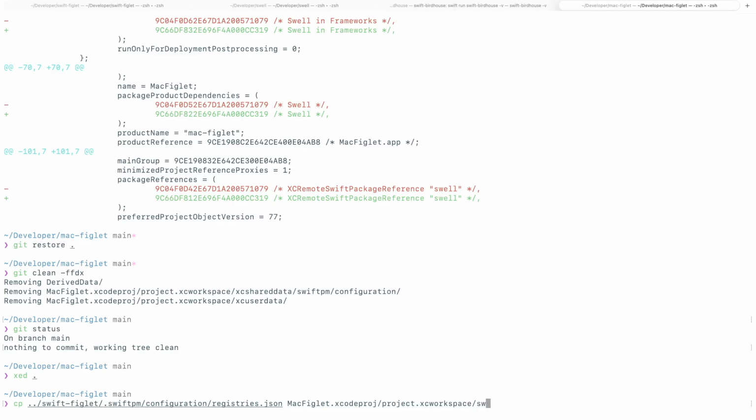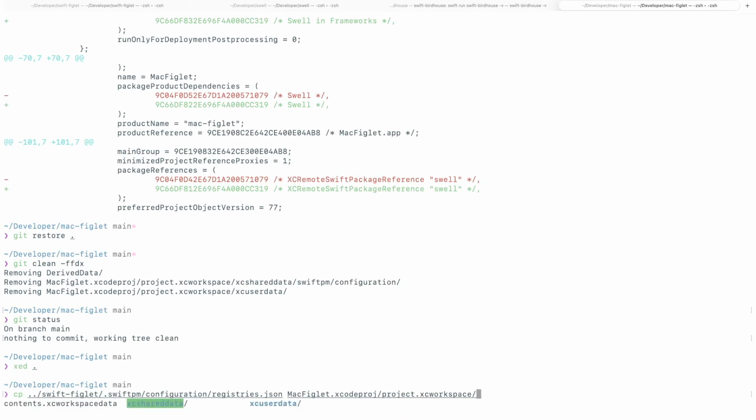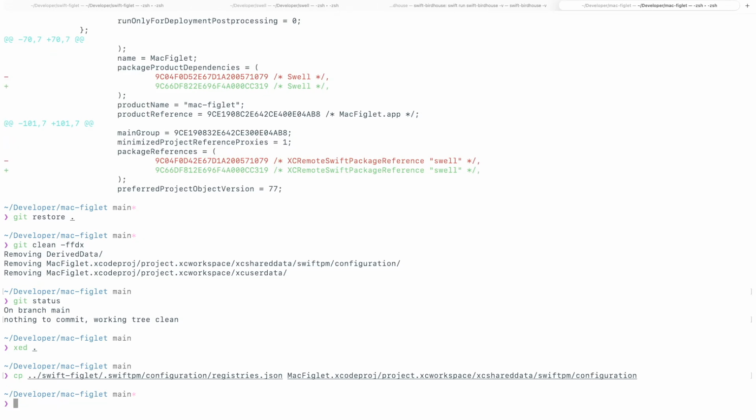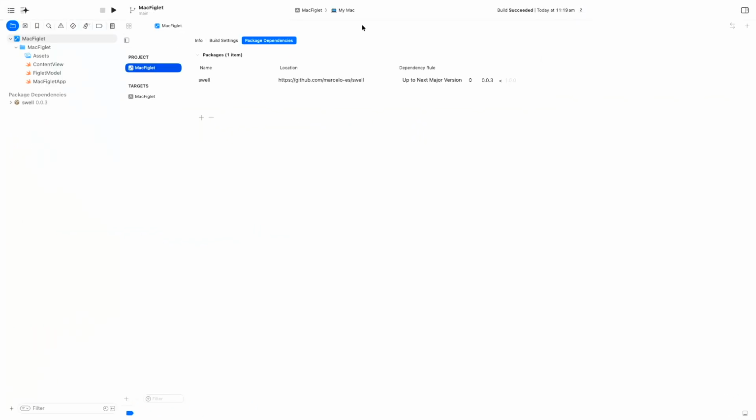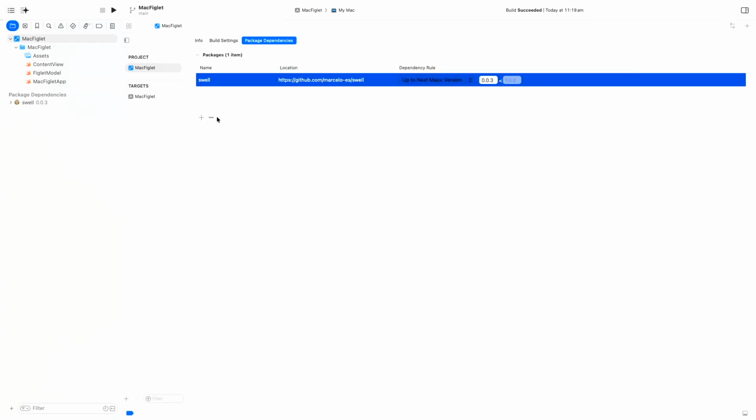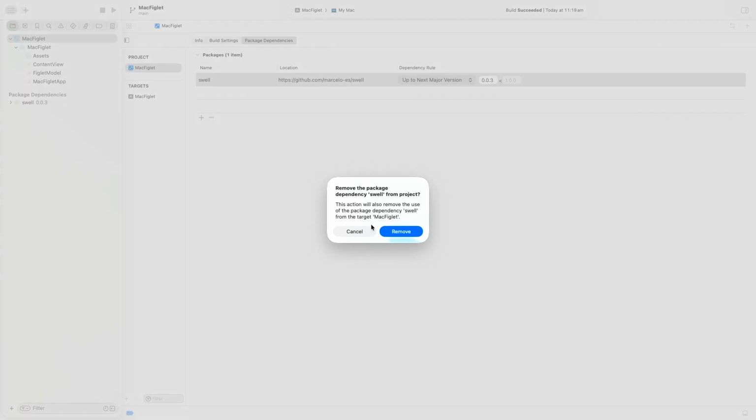Inside of it, there's going to be an xcshareddata, and there's going to be a swiftpm folder, and there's going to be a configuration inside of here, and I have to copy the configuration here and reopen Xcode. Easy. All things considered easy. You chose to be with Xcode, so you would know what you were signing up for. From here on, I can remove this dependency,